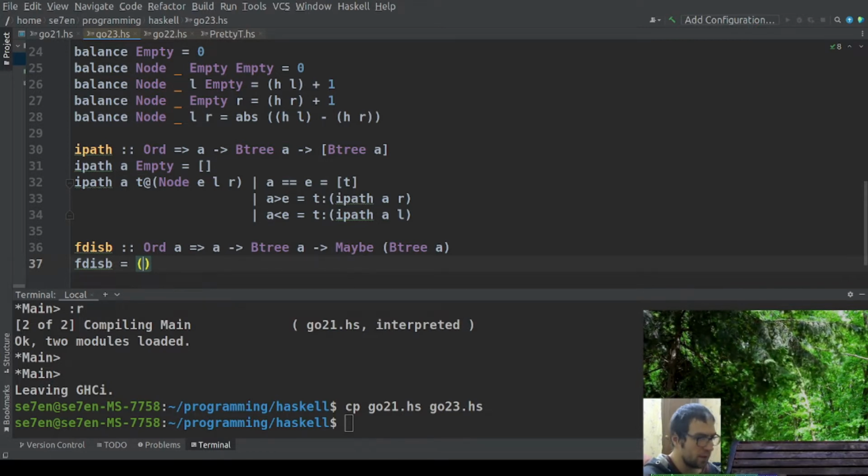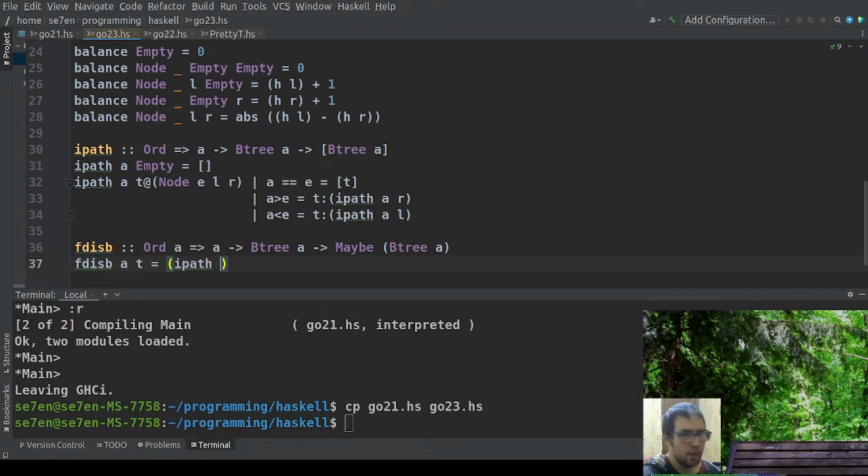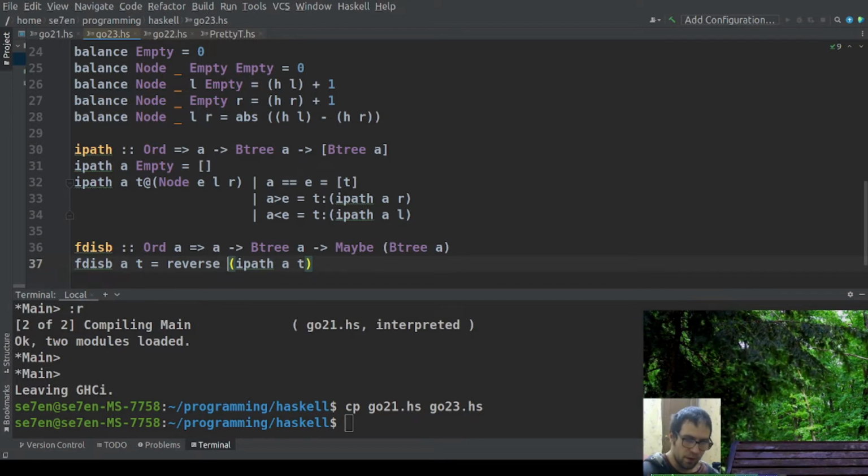We provide some A and some T tree here. Now I can run my Ipob function and provide to it the element A and the tree. And this function will return me the path from the root to this element. Now I need to reverse this path. If I reverse it, I will receive the path from the element to the root. And now I can use the find function for this list,